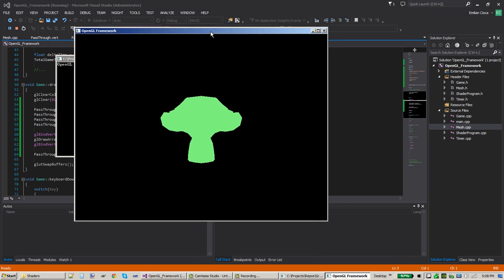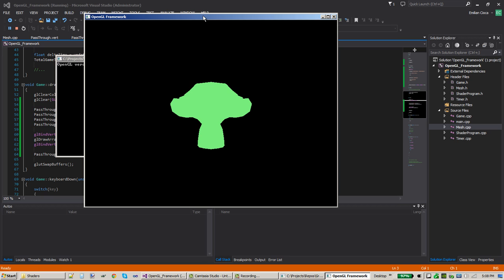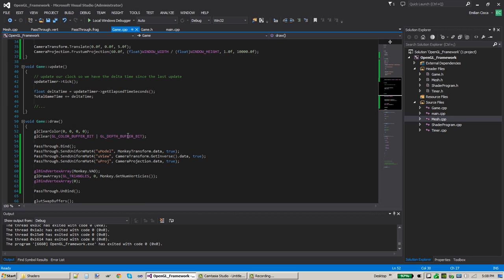So here we go. So we have the monkey here, although since it's static, it's a little bit difficult to get a sense of the perspective, and of course it's flat shaded, so it's difficult to get a sense for where all the polygons are. Let's give it a little bit of a spin. If we go into our update loop,